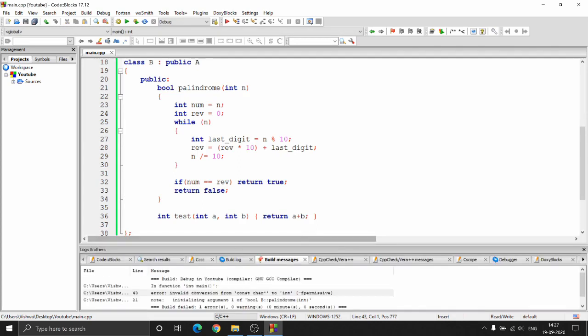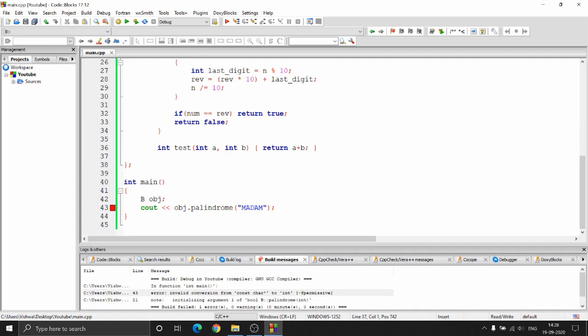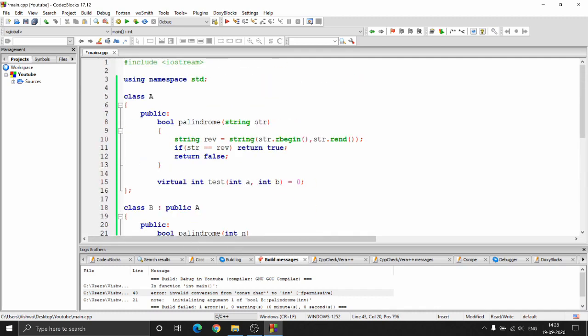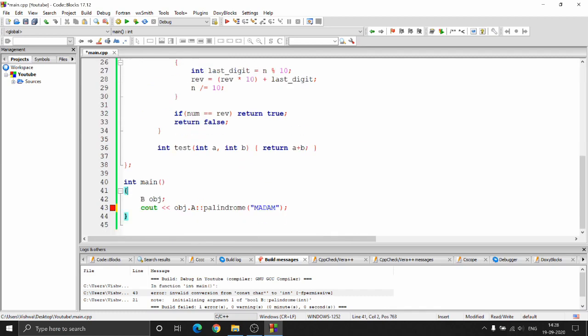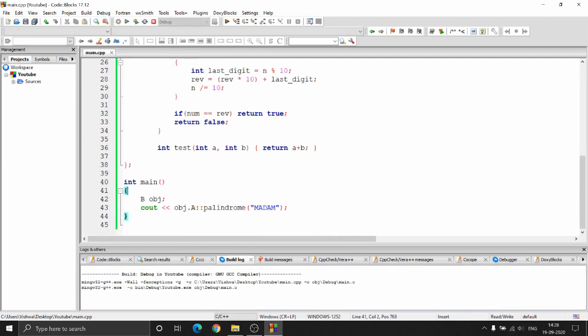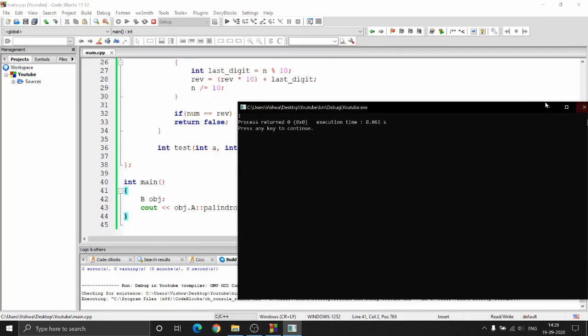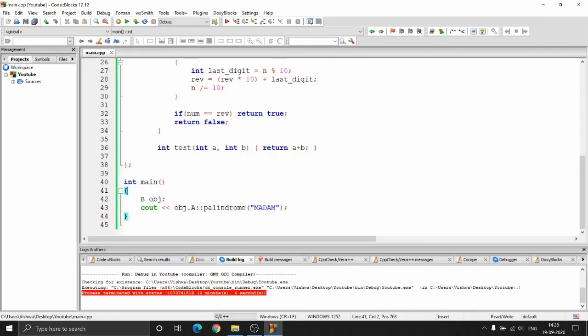So if I do this, I'm not going to get a perfect output, I'm going to get an error. To solve that, to access something from the parent class, you just put the parent name and the scope operator. These two colons are called a scope operator, and if you combine it with the base class, you will get the output from the function which is inside the base class. Now this will run without an error. If I try to run this, I'll be getting one over here. That is because of this little addition, which will make it work for the base classes too.